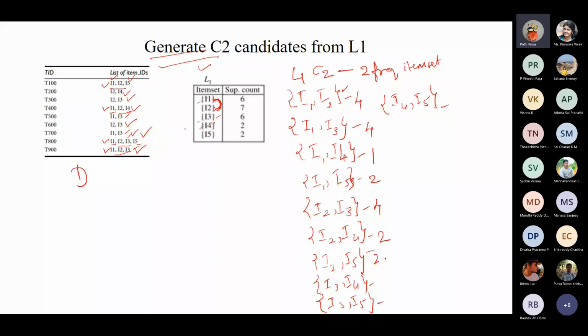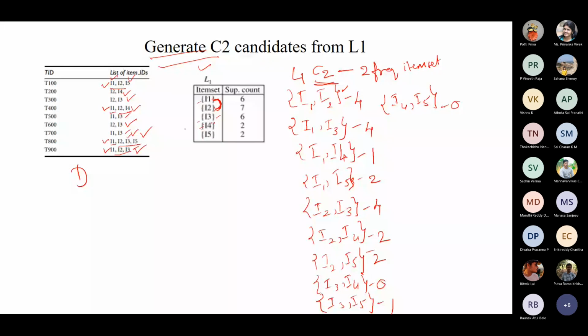I3, I4. Is there any transaction with I3, I4? Look at the table. I3, I4 is 0. I3, I5 is 1, only 1. I4, I5. Is there any transaction with I4, I5? 0. So what we did in C2 was list out all the joins of two frequent item sets, and